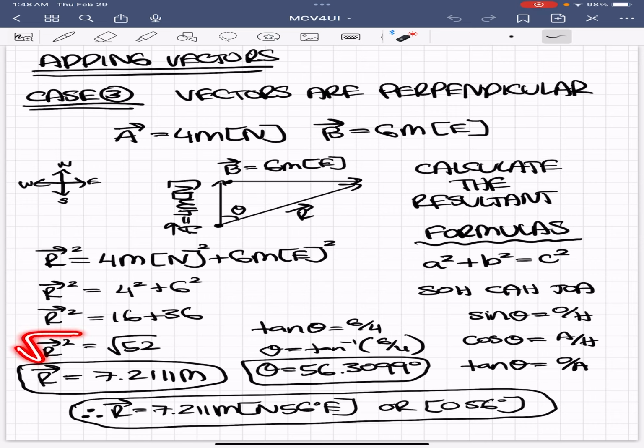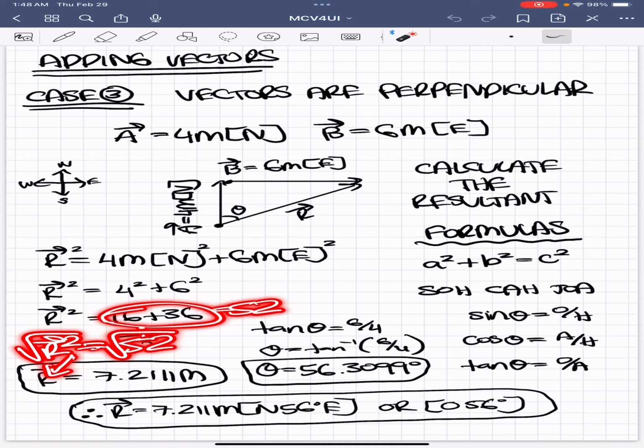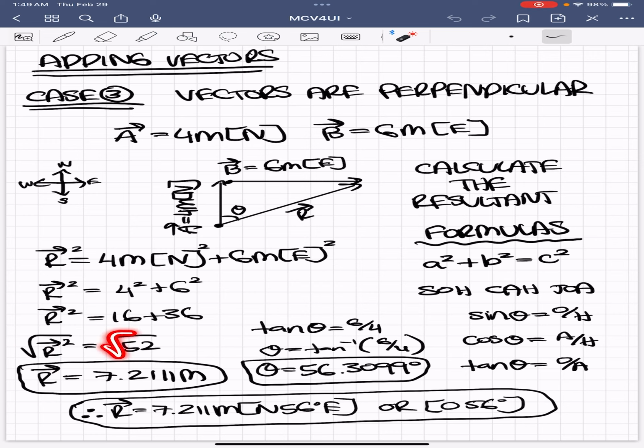But we take the square root of both sides because we want just the resultant, not the resultant squared. So the square root of 52 equals the resultant, which is